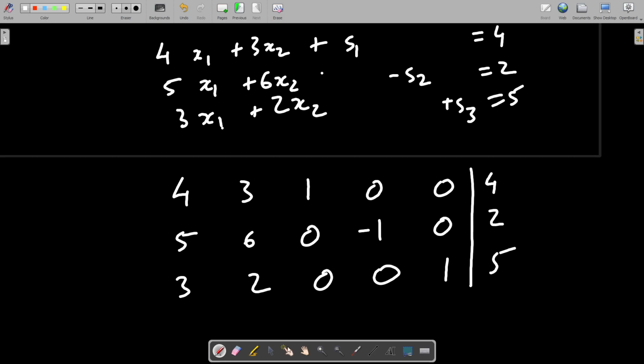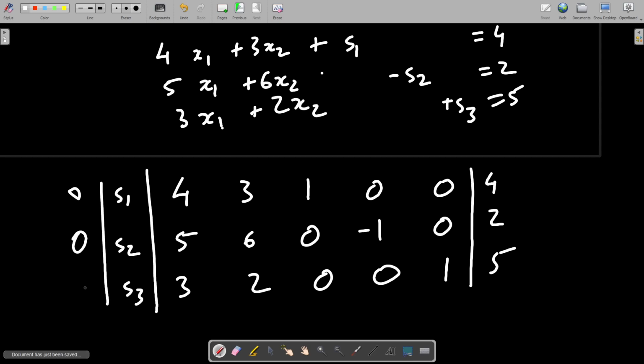So now what is the problem we are facing here? What we used to do to start the simplex method? We used to put x1 and x2 as 0, and we used to write s1, s2, s3. This way xbi. Here the cost is 0, 0, 0. So what is the meaning of xbi? It means the solution of this is equal to this, the solution of this is equal to this, and the solution of this is equal to this. Right?